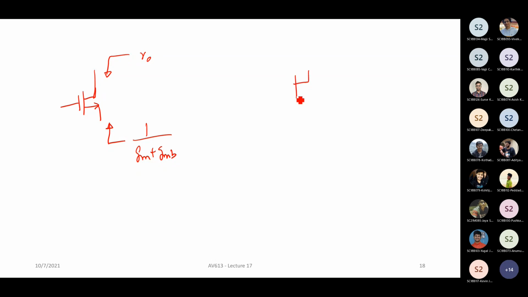And another thing is, let's say you have some resistor RD here. If you are going to look up through the source, what will you get? You will get R0 plus RD divided by Gm plus GMB. This is what you would actually get if you look at it from the source side. This is again another important result, because these results are important to have in mind.